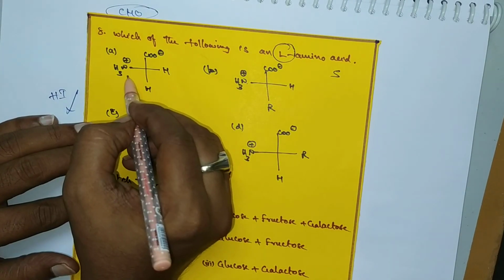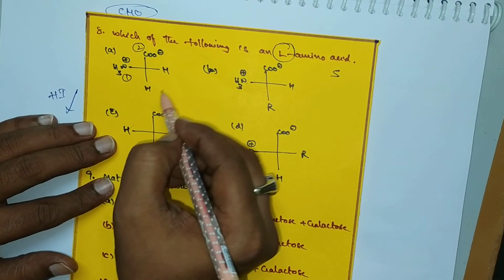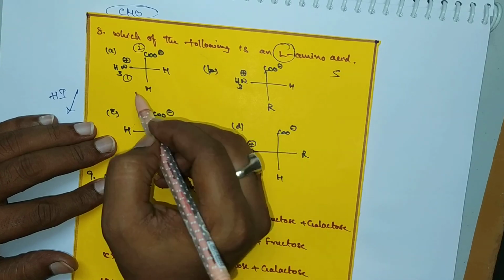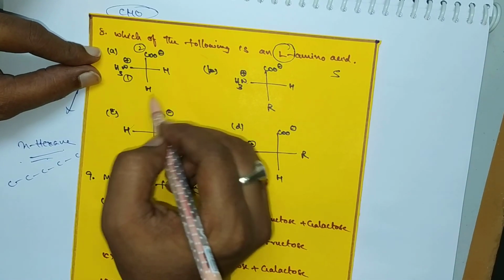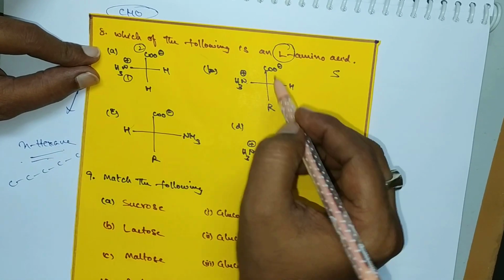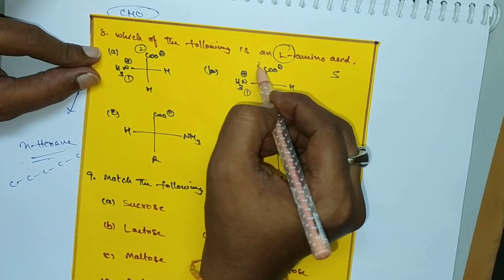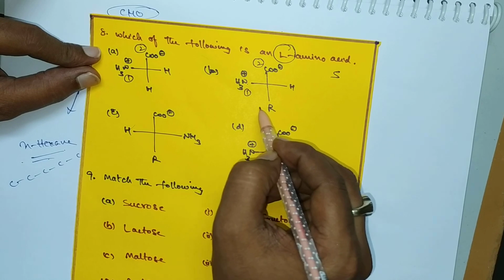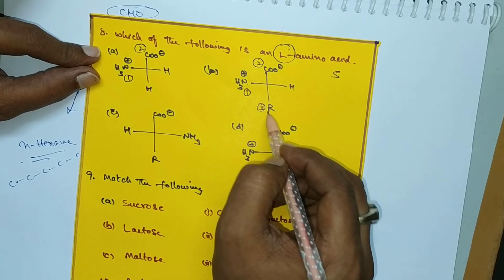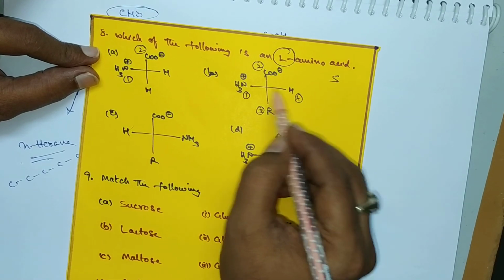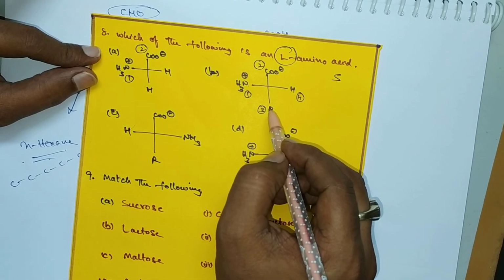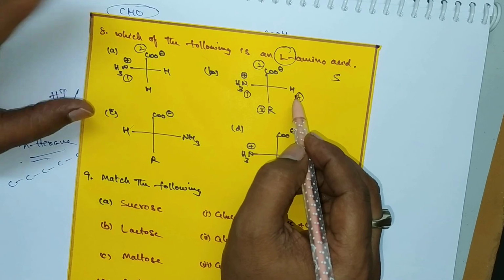So here first option, second one, and here these two are hydrogens. So that's why this does not exhibit any isomerism. Okay, this does not exhibit any optical isomerism. And next one. So this is first option, second one, and here CH3, R means alkyl group, and this will become the lowest preferred element. So the lowest preferred element should always be kept at the vertical position. If not, we have to invert the configuration.